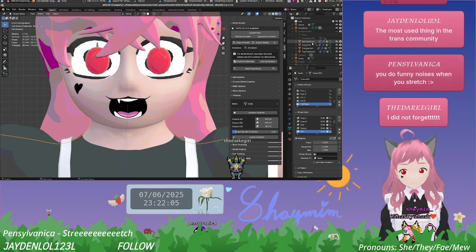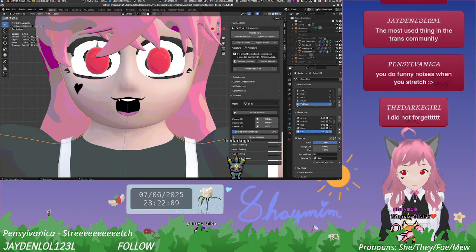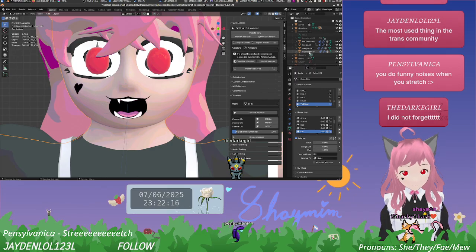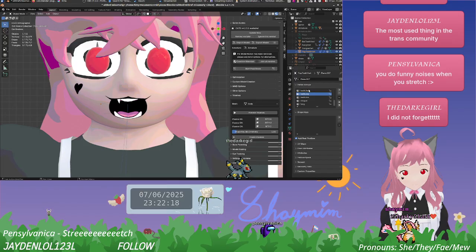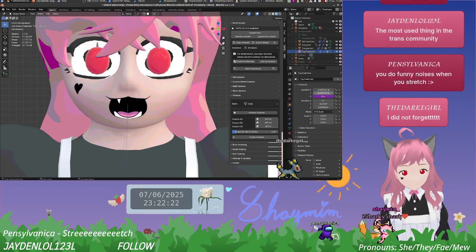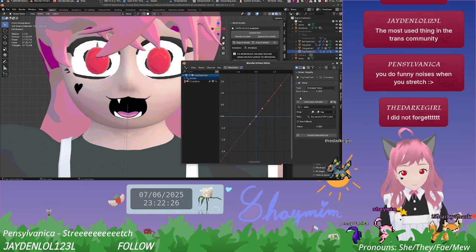And I need to... I guess I don't really need to mess with the bottom teeth. Or the tongue. But I do need to mess with the top teeth. Creation Z, paste driver. And then open driver's editor.